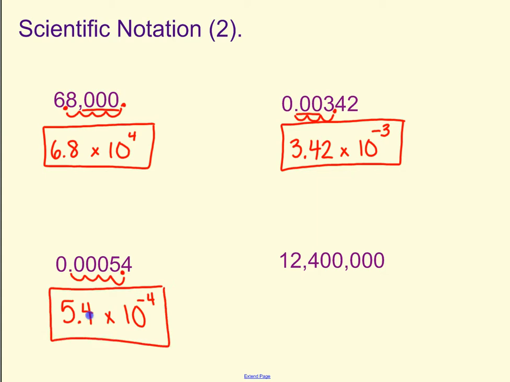There's the bell ringing. Alright, last one. Look at this big number, 12,400,000. So where does the decimal go? It goes after the first digit. So right there,